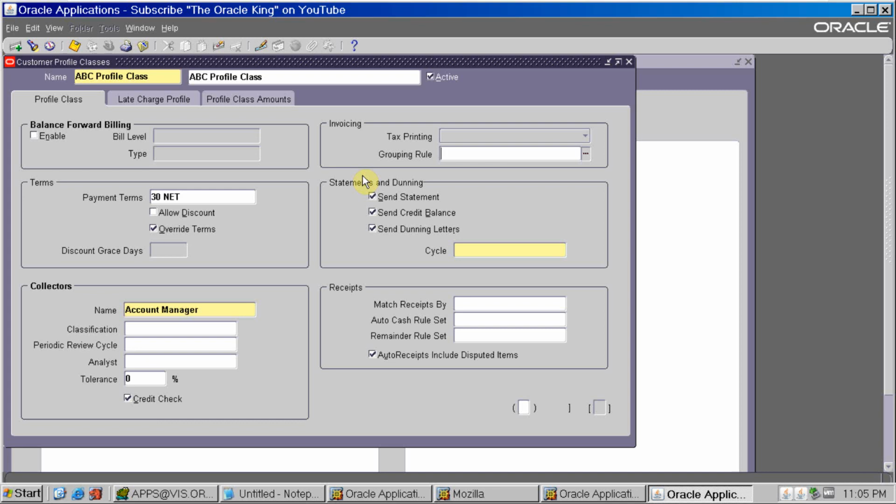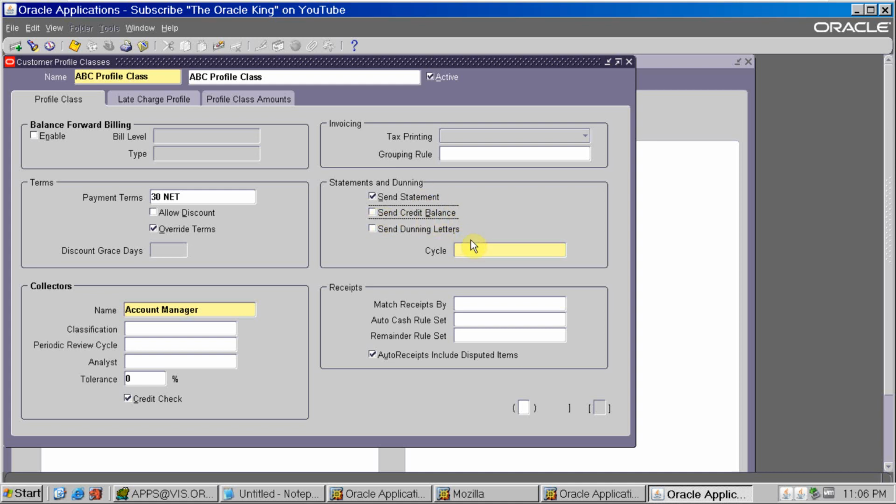Later, if you don't pay, then in the second dunning you will say we will take legal action, and so on. So it's up to you which one you want to select. Suppose I'm not sending dunning and sending credit balance.